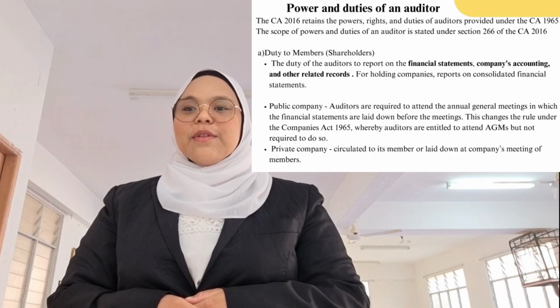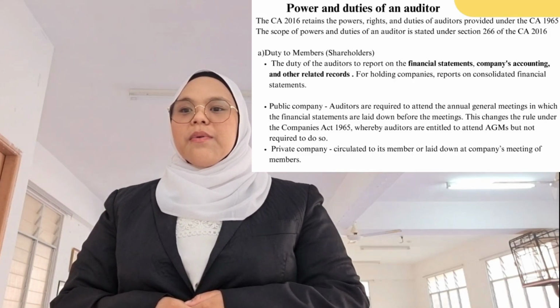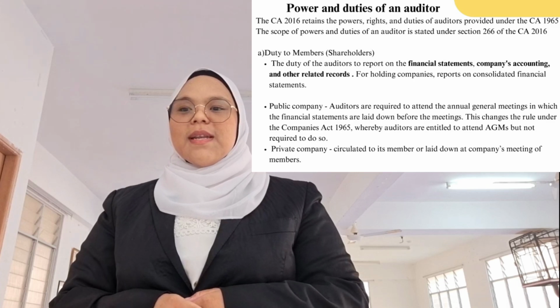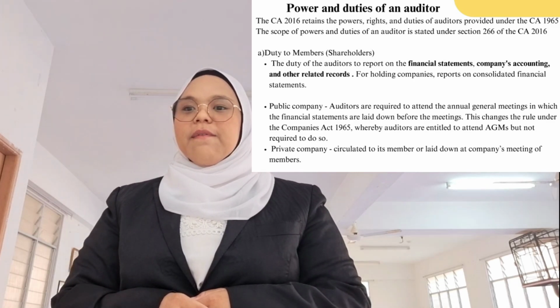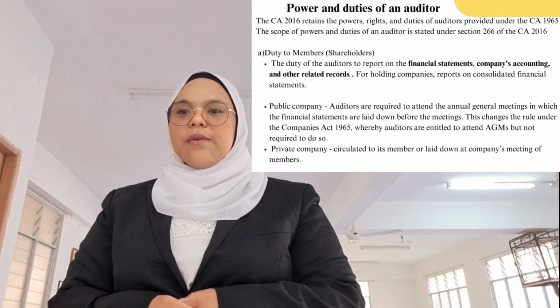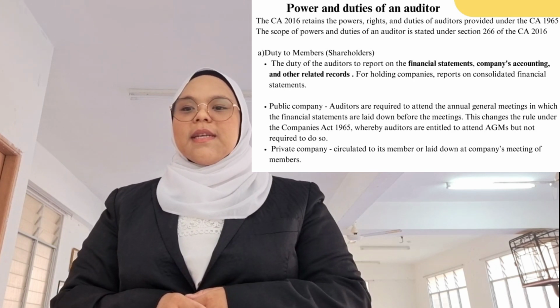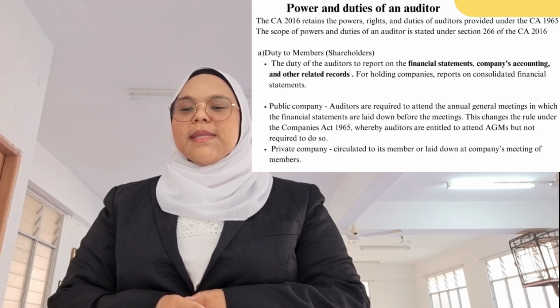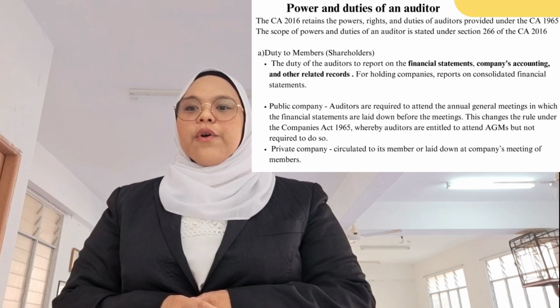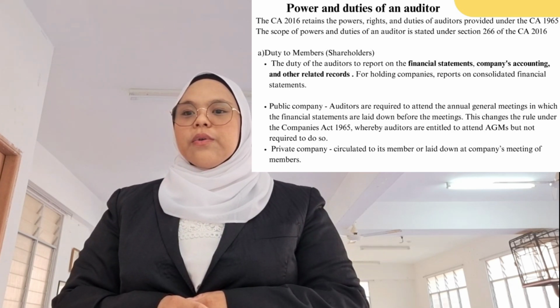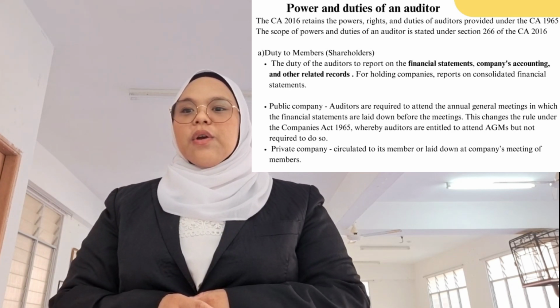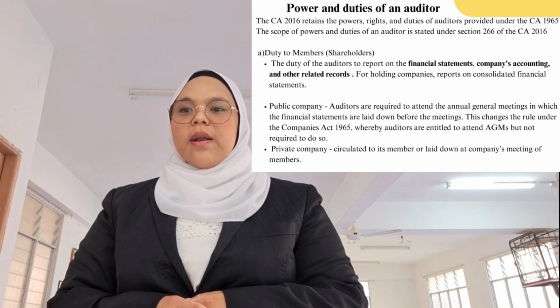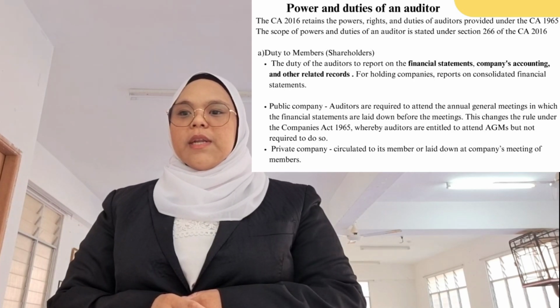The Companies Act 2016 retains the power, rights, and duties of auditors provided under the Companies Act 1965. The scope of power and duties of an auditor is stated under Section 266 of the Companies Act 2016. For duty to members, also known as shareholders, Section 266, subsection 1, every auditor of a company shall report